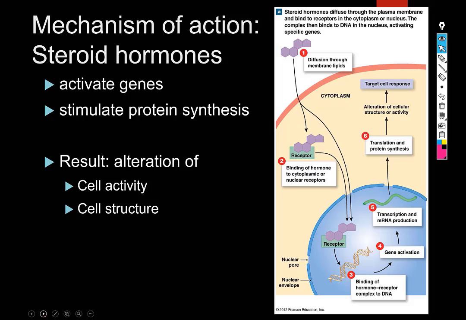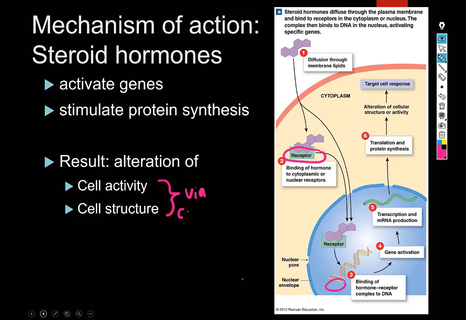Okay, steroid hormones in general, and these tend to be sex steroid hormones, or in some cases stress hormones, so corticosterone, cortisol, etc. These typically bind to receptors either in the cytoplasm or DNA-bound ones. We're using the cytoplasmic ones right now, but again, remember, I have to be vague about this stuff because we don't have time to go into the specifics of every single thing. So these activate genes, they stimulate protein synthesis, and the result is that they're going to change cell activity and cell structure, and in both of these cases,